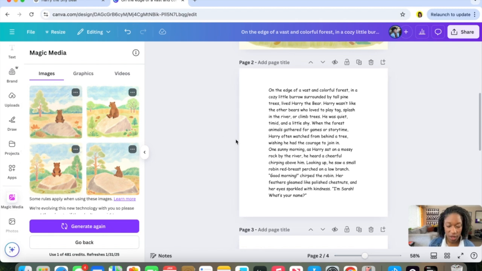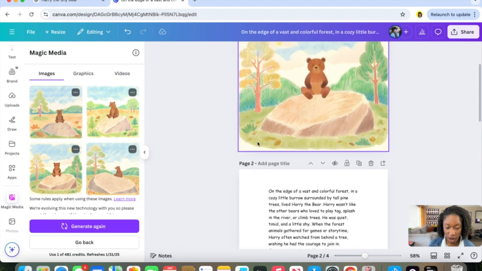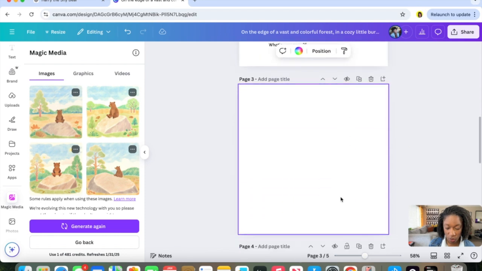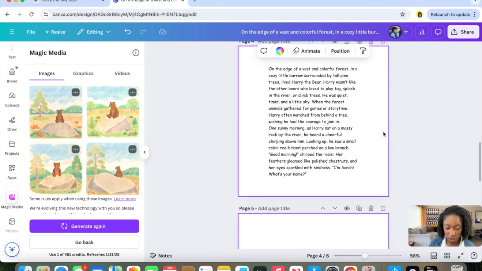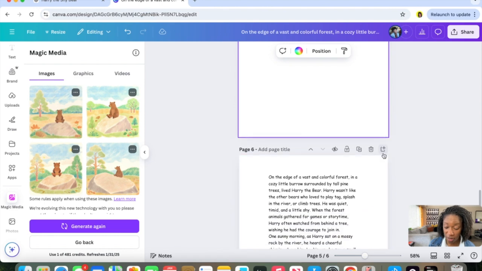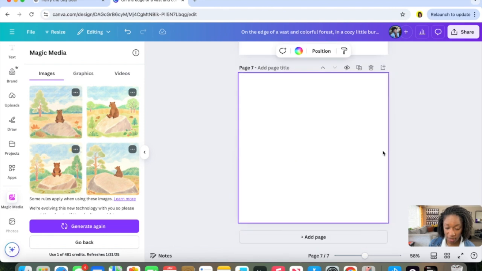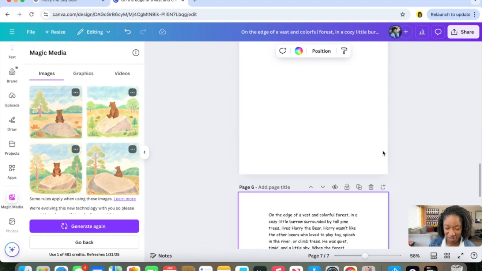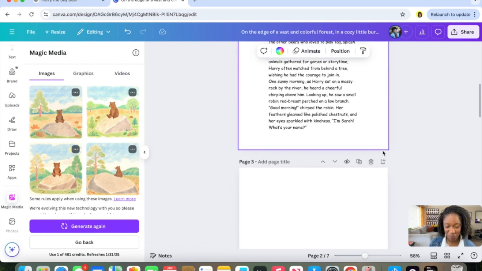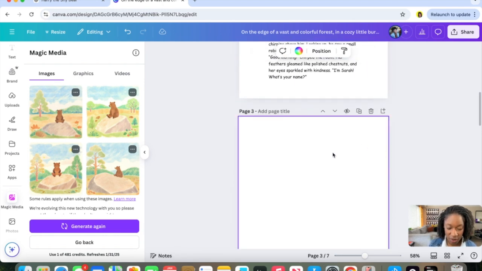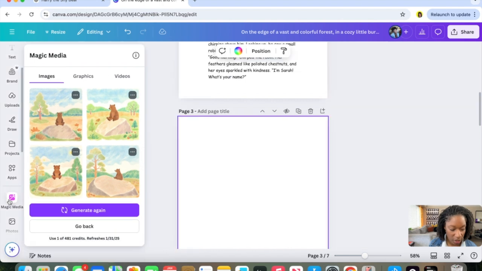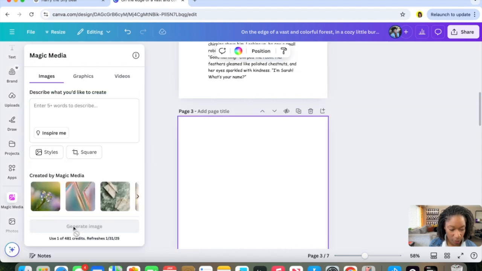Now, let's go and add some pages for our next images. So this is our title page. This is page 1, and we're going to need an image for page 1. We're going to need an image for page 2. We're going to need an image for page 3. And, oh, that's it. Is that all I did? Image for page 3. Okay, there we go. So on this page, I'm going to generate a new image. And we're going to say,